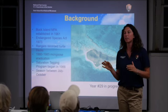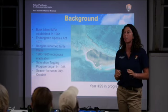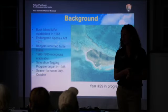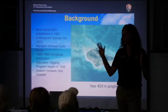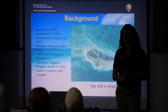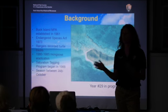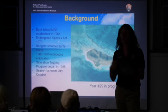And right around that time, they were recording that 100% of nests were being predated upon by mongoose and rats. So there was a huge initiative to eradicate the mongoose and tree rat populations out of Buck Island, and they did it very successfully. We have no mongoose and no rats to this point,